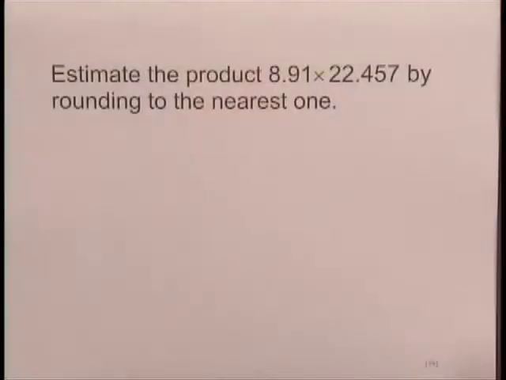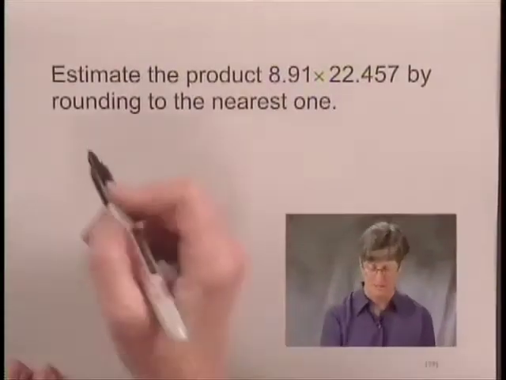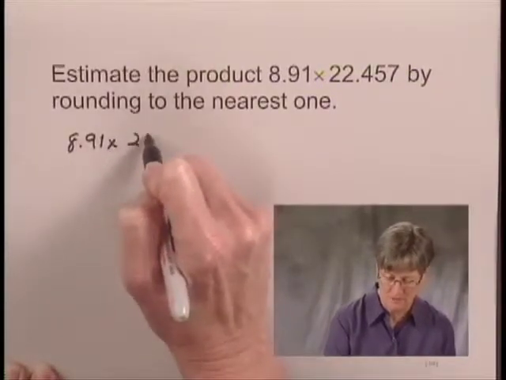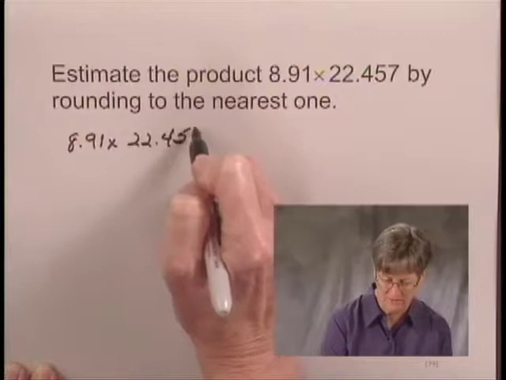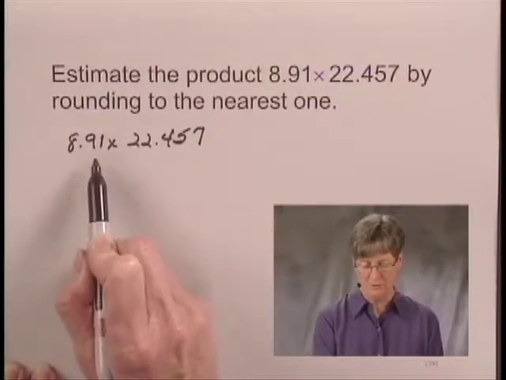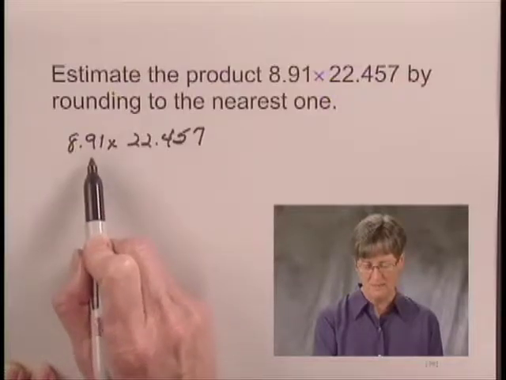Estimate the product 8.91 times 22.457 by rounding to the nearest one. We have 8.91 times 22.457. When we round 8.91 to the nearest one, we see that 8 is in the ones place, 9 is